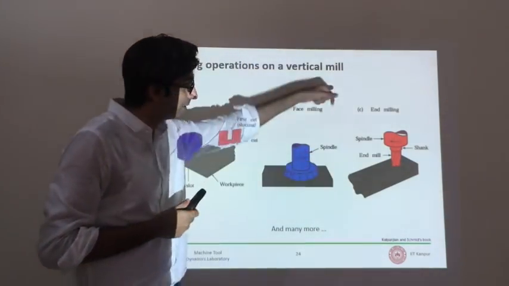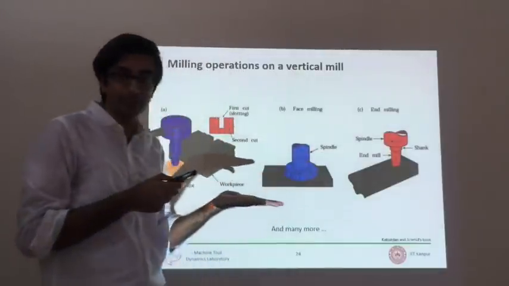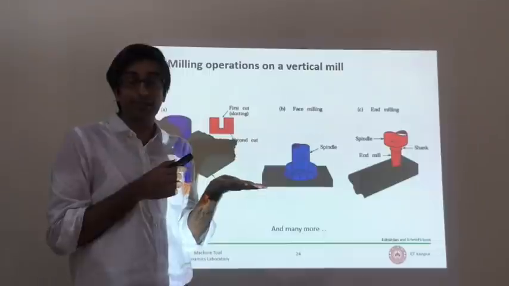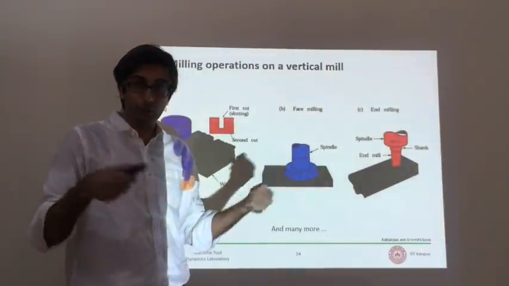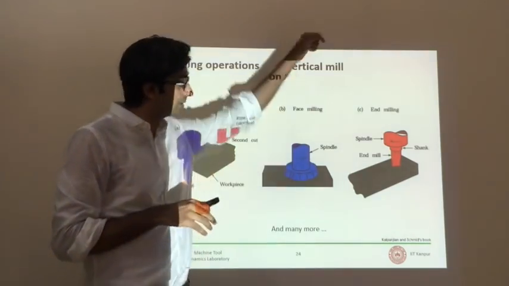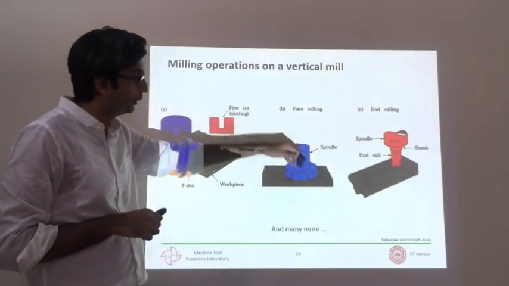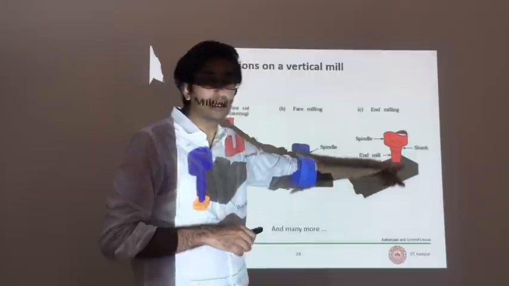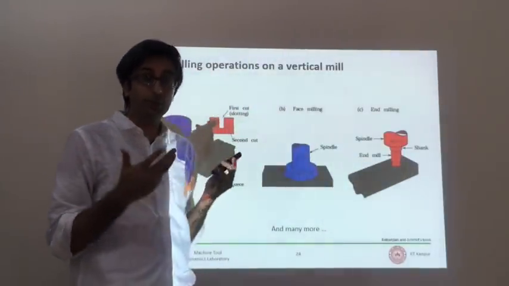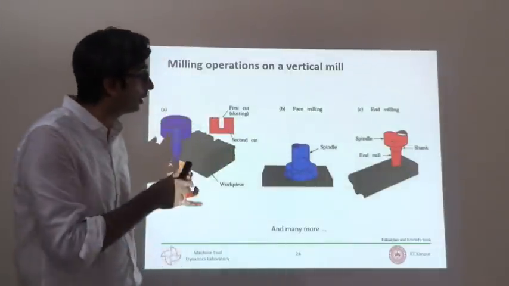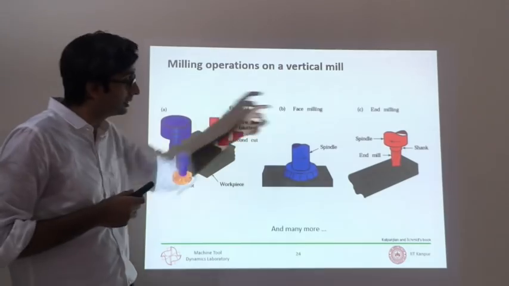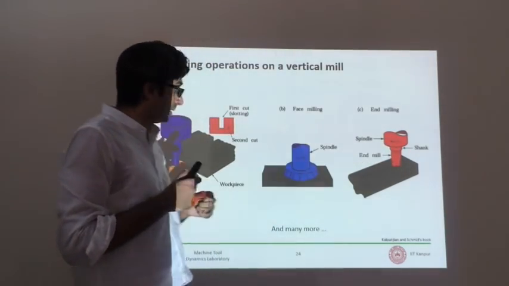And what you're doing is the tool is just rotating and the workpiece you can move in plane. You can move it in plane because you can simultaneously control with two handles how the workpiece moves in the XY plane, because the Z axis is here. And you can move it up and down so you can increase the depth of the slot. It's a very useful operation used all the time. In fact, one of the most common operations in all of milling is end milling. Not any of these. This is the most common, end milling.